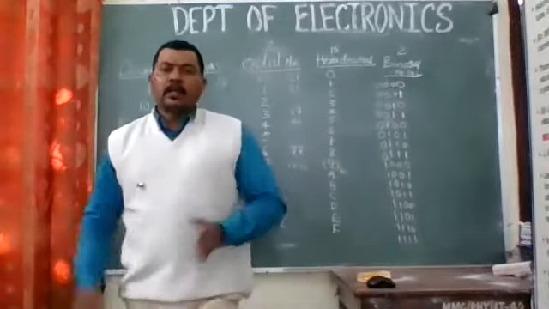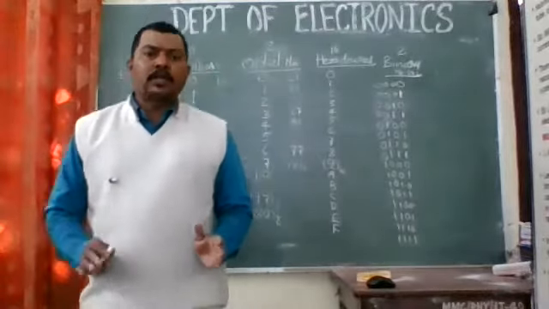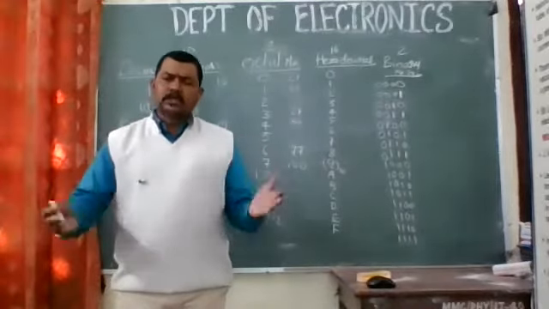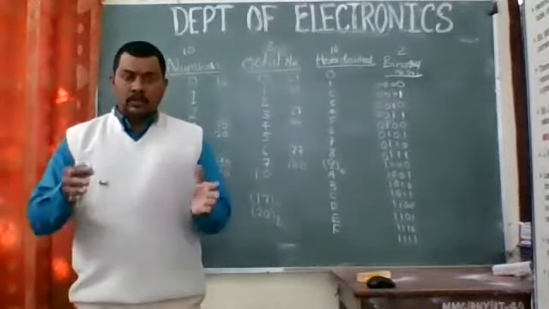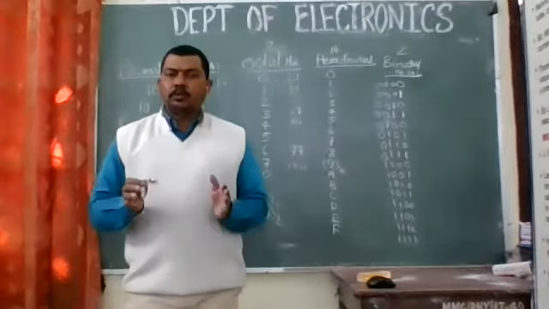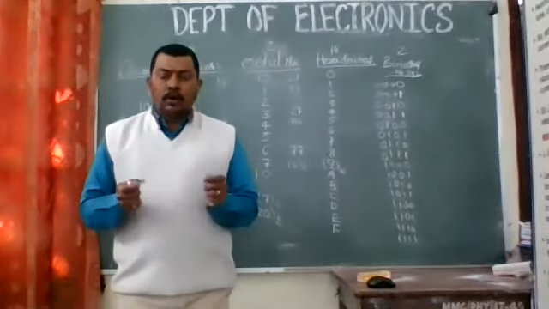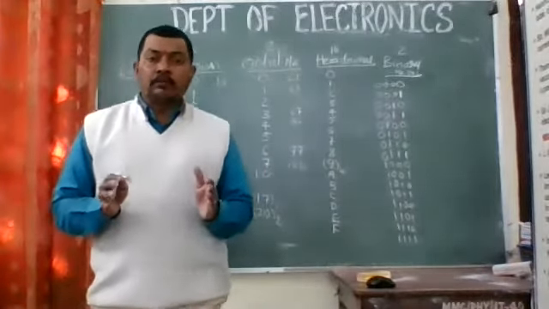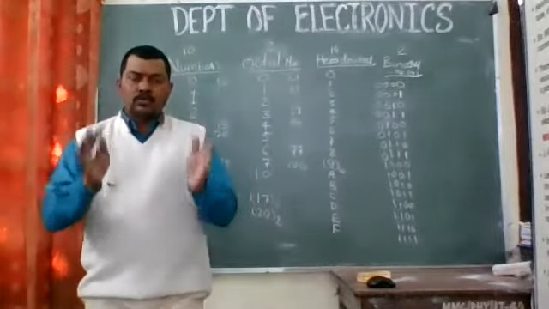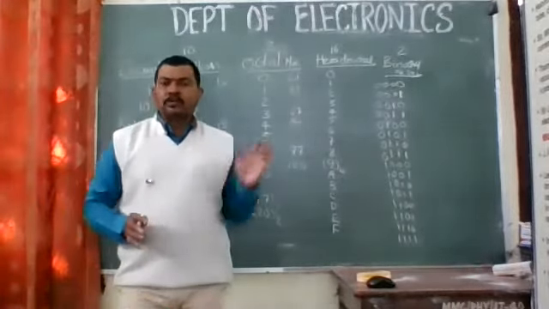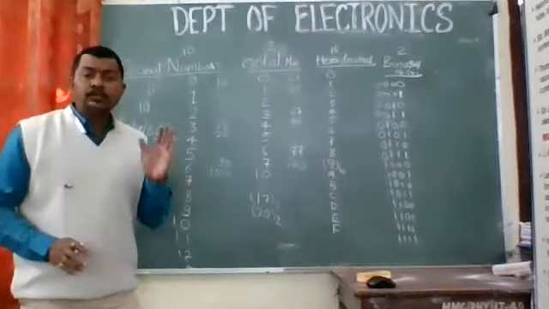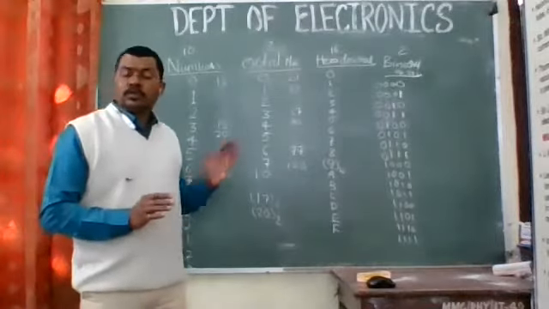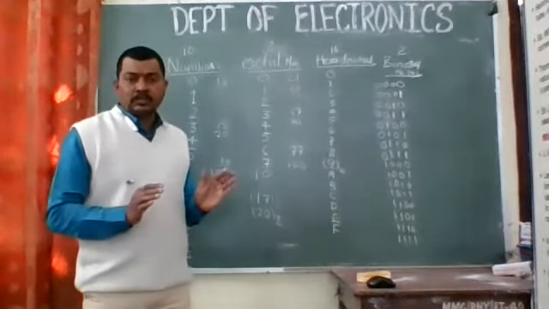I expect from your side that these 4 columns should be filled properly. If you have any problem in writing this, just put comments in the group. And I expect that you will put a snapshot or a photo of whatever you have made in the group. So I will be giving you internal marks on those homeworks, right? This is a very simple unit in which you are expected to score more, but only if you understand. These are very simple fundamentals of number systems, right?